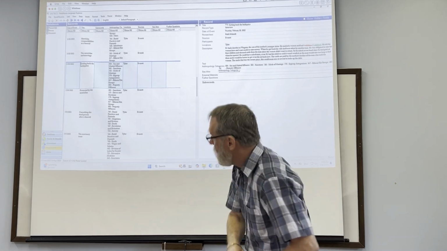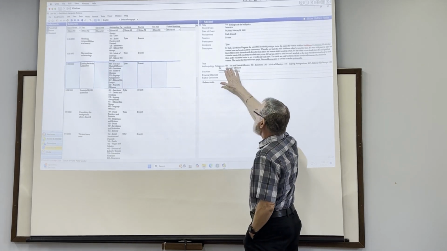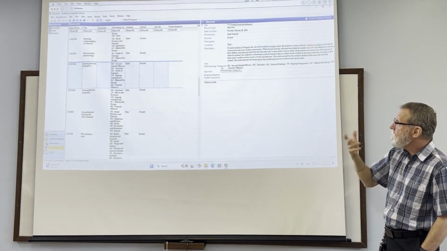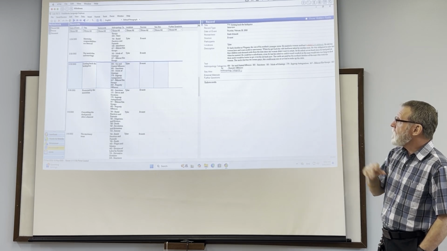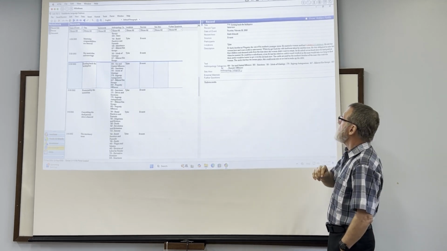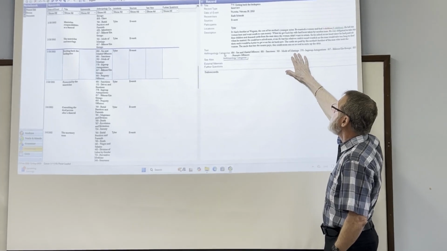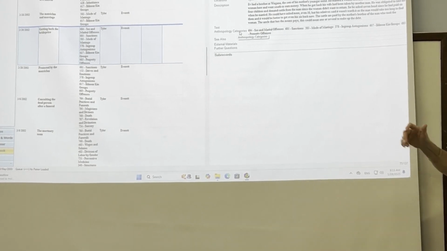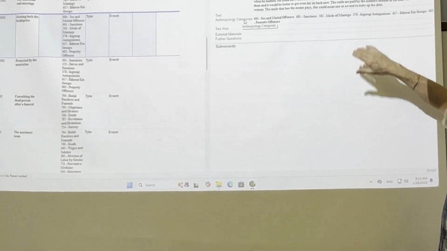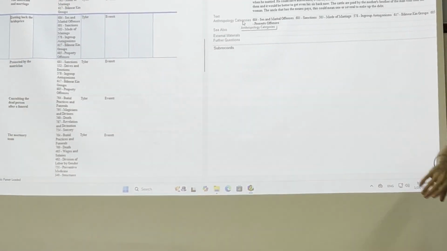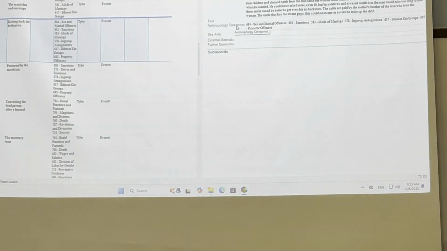So, what are the different categories? Well, one of them, we can use the number 684. It means it's about offenses involving sex and marriage. 681 is about sanctions or punishments. 583 is the mode of marriage, that is, how marriage is done. 578, in-group antagonisms, arguments within a group. 617, bilineal kin groups. And 685, property